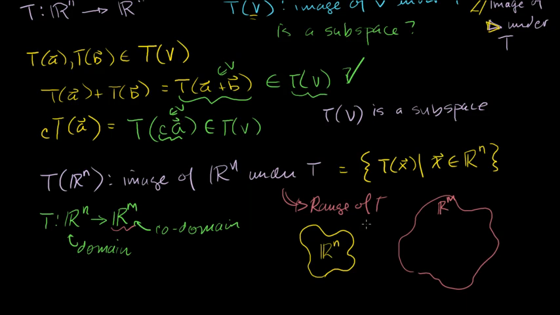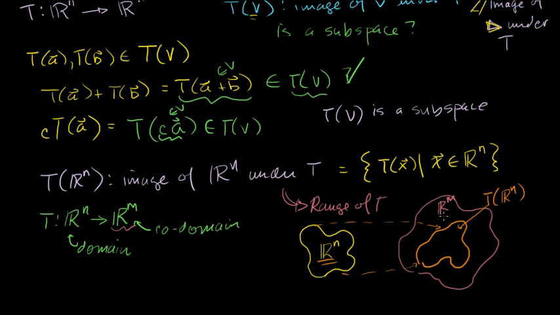But let's say when you take every element of Rn and you map them into Rm, let's say you get some subset of Rm. Let's say you get something that looks like this. So let me see if I can draw this nicely. So you literally map every point here, and it goes to one of these guys, or one of these guys can be represented as a mapping from one of these members right here. So if you map all of them, you get this subset right here. This subset is T, the image of Rn,